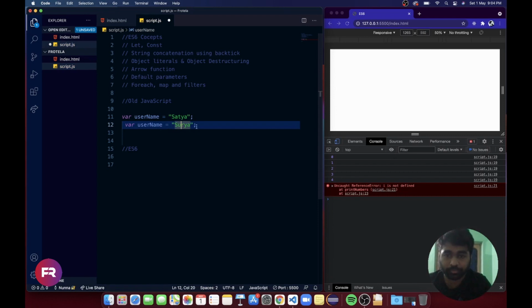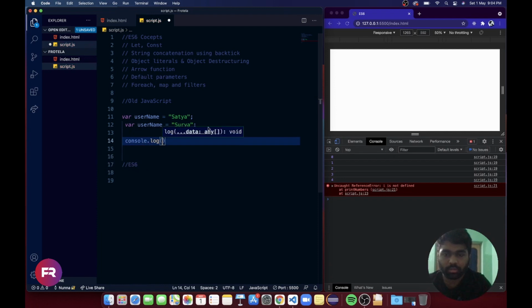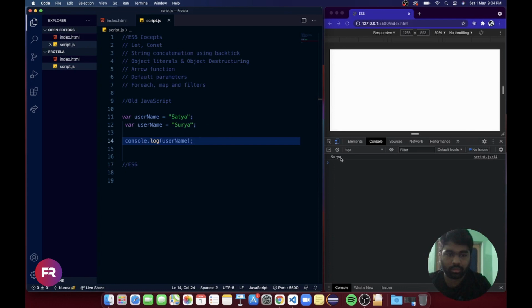Now if I console log username and save this, you will see Surya, because I have reassigned the username again with Surya. This should not be done, right? You might be using the same variable further below in some code, and by mistake you don't know that this variable is declared on the top. This should not be right.